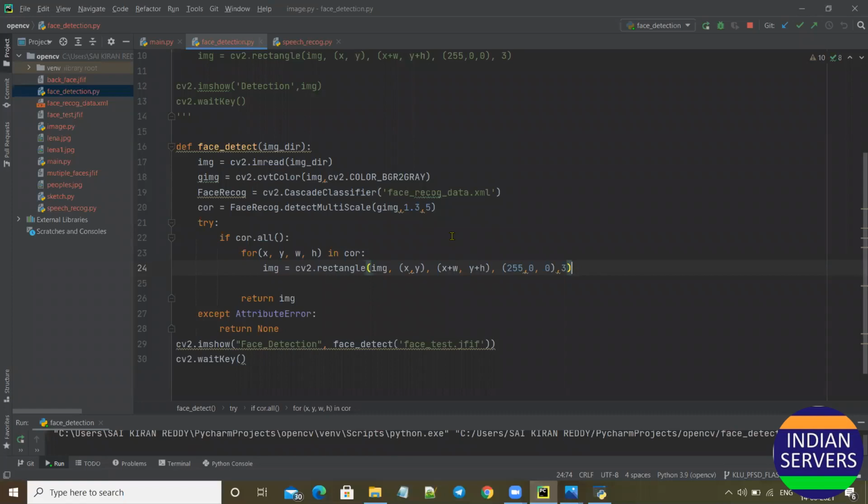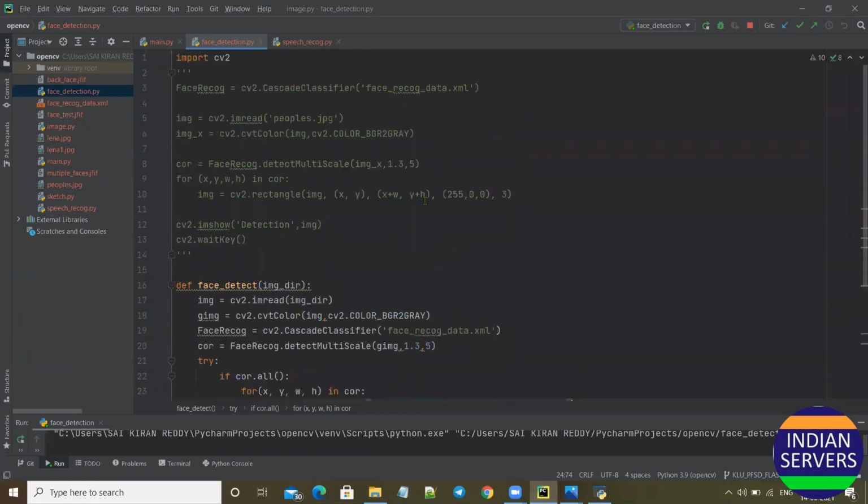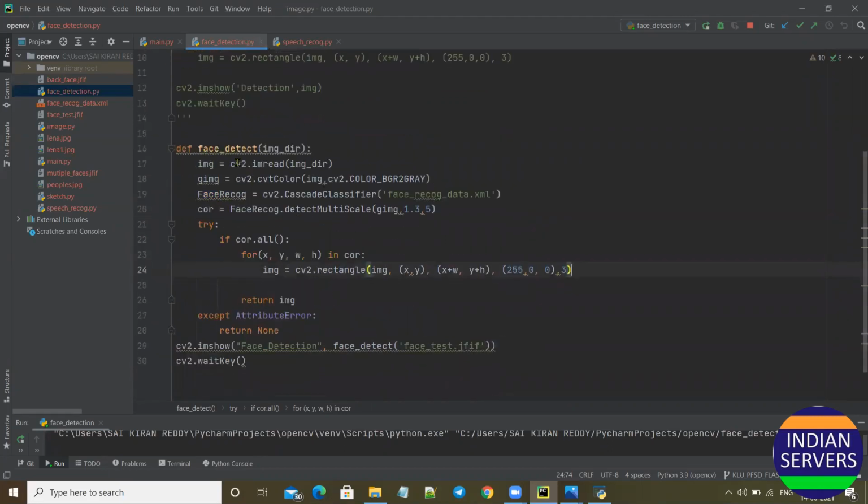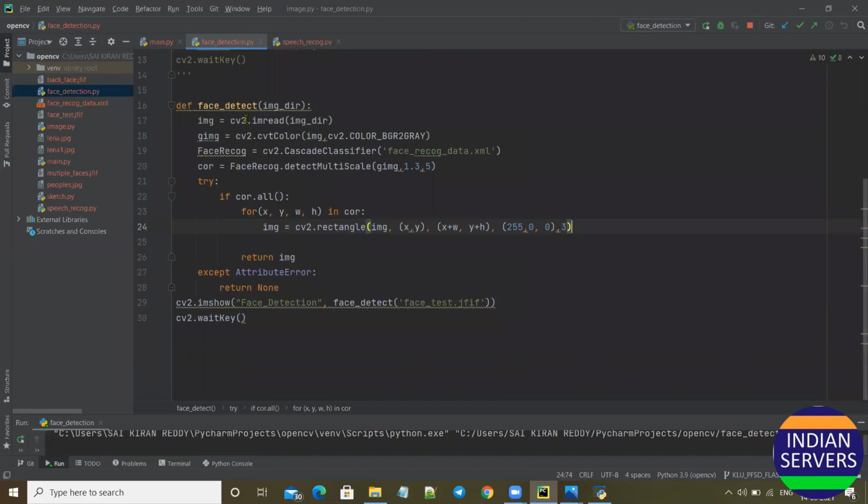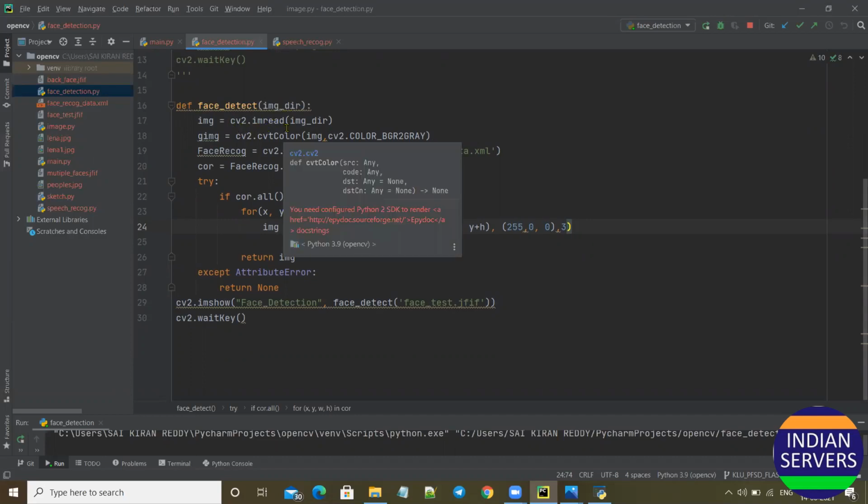I'm going to explain my code. Here I imported cv2, an OpenCV Python library designed to solve computer vision problems. I defined a function detect with an image directory. Image equals cv2.imread, which means the method loads the image from the specified file.